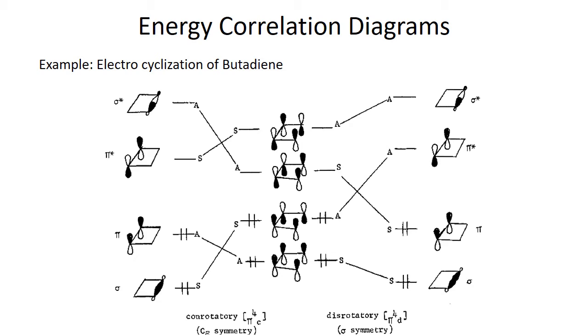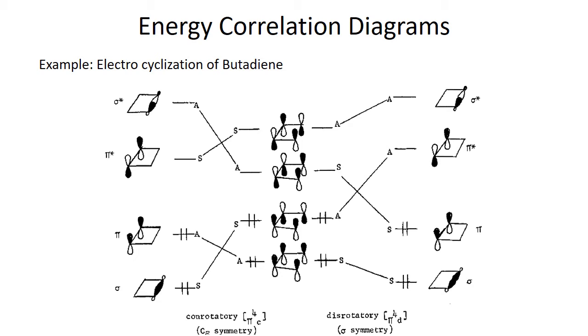And similarly you can draw the structures of the other 2 molecular orbitals of cyclobutene, because in this case we have one sigma bond that is newly formed and one pi bond. Sigma bond has the lowest energy, then we go to pi bond. In case of sigma bond, the positive lobes overlap with each other head to head, and in case of pi bond the positive lobes overlap together in a constructive way.